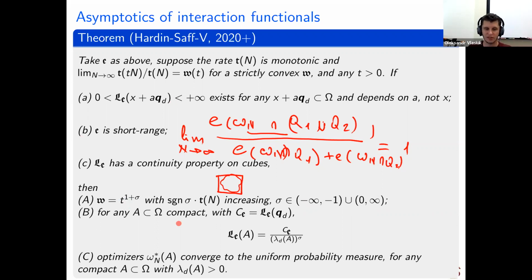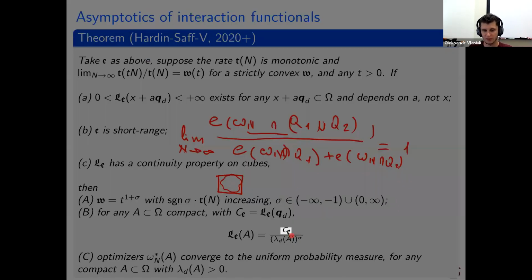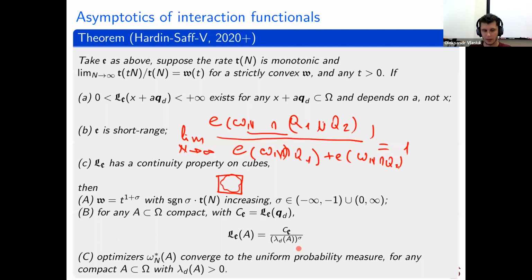Secondly, you can compute asymptotics, and the asymptotic value is going to be a constant divided by the Lebesgue measure of A. So basically, asymptotics only depends on the Lebesgue measure of the compact set that you're looking at. And so far, we don't have weight, but in general, everything works for weights as well. And you can also determine the weak star limit of these